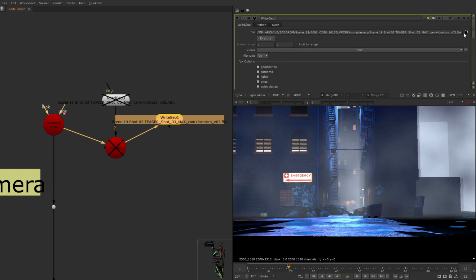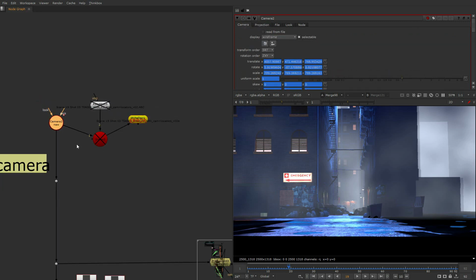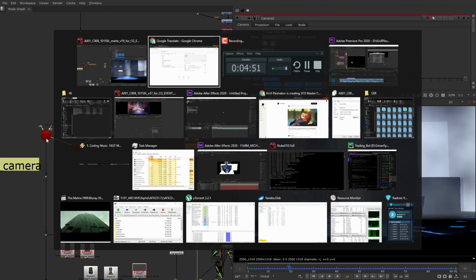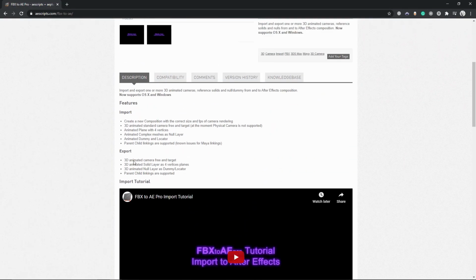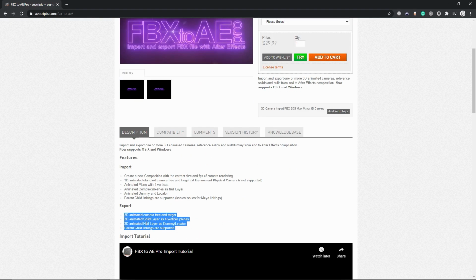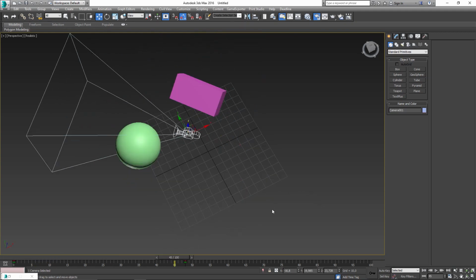Because it can import the FBX and Alembic files containing cameras. This means that you can directly, without any third-party plugins, import the camera into Nuke. So in After Effects there are third-party plugins that import the camera with a different position of the plugin that does the projection. And there are also some really old ways of exporting and importing the camera working in After Effects,